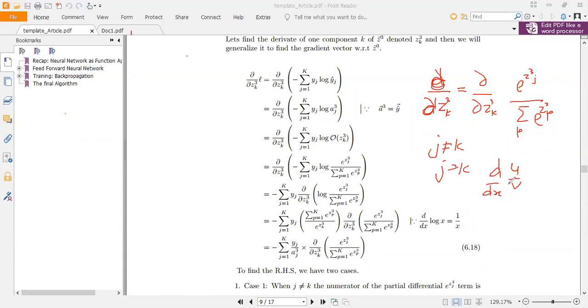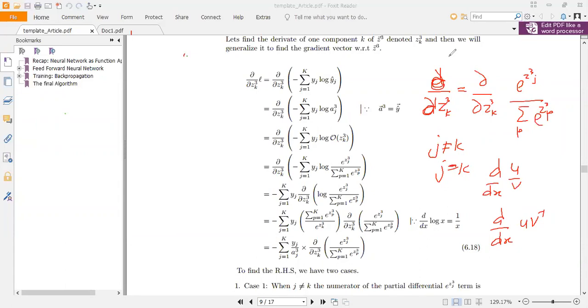Fine, differentiation of u by v. So we know that there is a formula for that, or similarly we can also find it as d by dx of u v minus 1, so first function and the second function, second function, first function. So you can see these are two separate cases now. In one case, when j is not equal to k, this term becomes a constant and we can pull it out. We only have to differentiate this part here. But once j becomes equal to k, then this is basically a differentiation of two separate functions. So those two separate cases we will take separately.